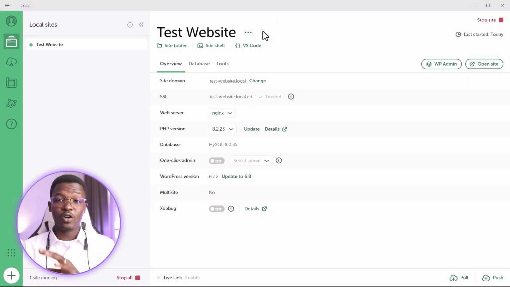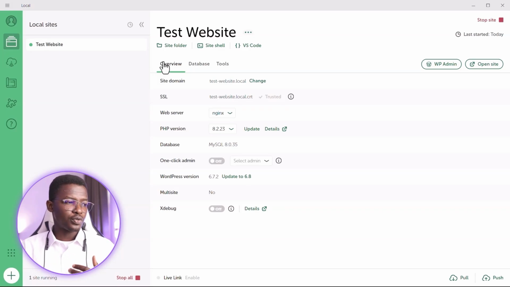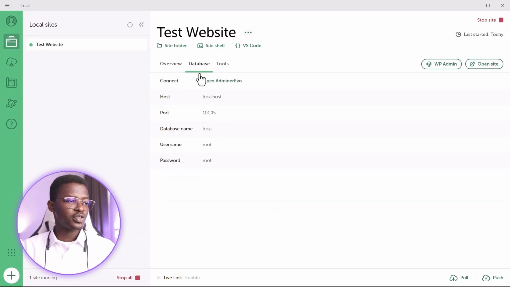Now, let's move over to inside of the database. We can come to the database by coming back to Local WP. If you have your WordPress website installed locally, like I do, this is where you come to. You come to Overview, you come to Database, you click on where you have Connect, you have Adminer Evo. This is an application that can help you to modify or edit or even view the content of your WordPress